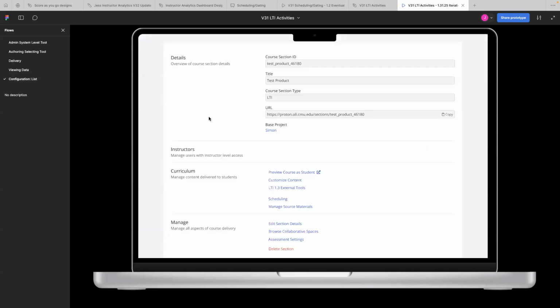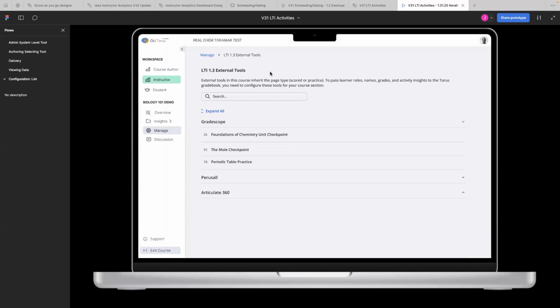So now let's go to the instructor side of this, because there is no context for a project, so I can't configure the tool unless I have a course section. So now I'm an instructor. I'm in my course section and I see this link to external tools. I will have a page telling me what these are, and I can expand it,